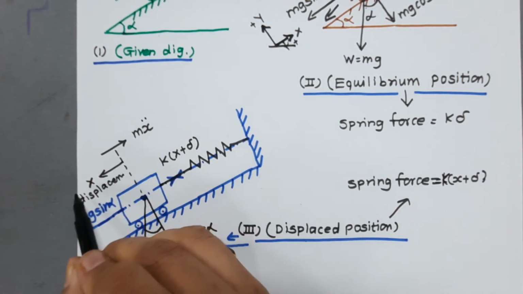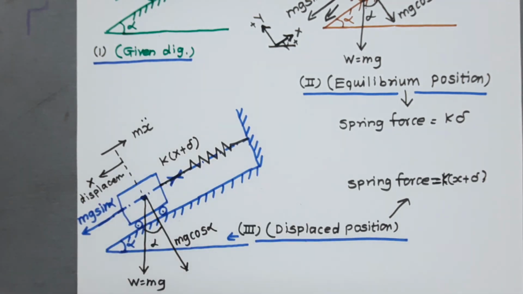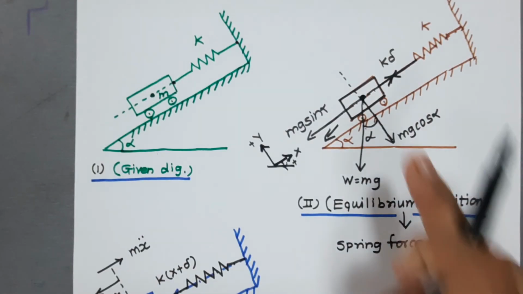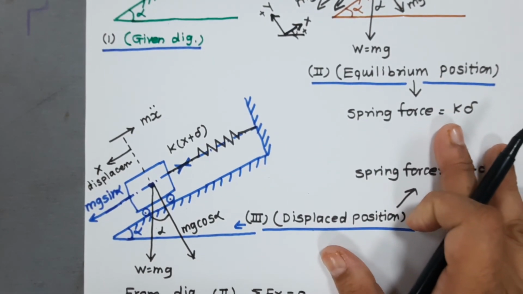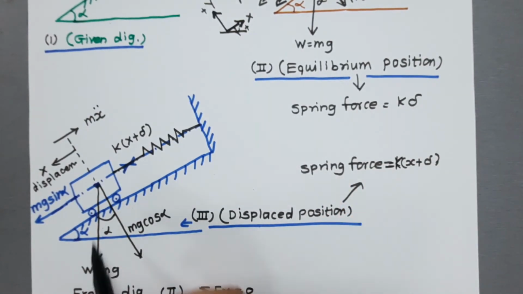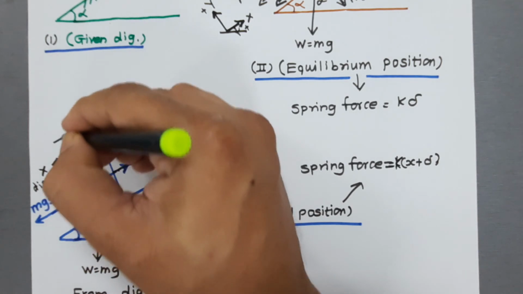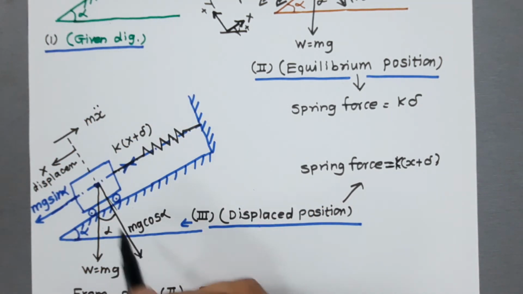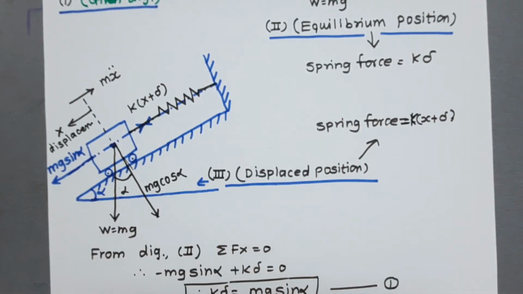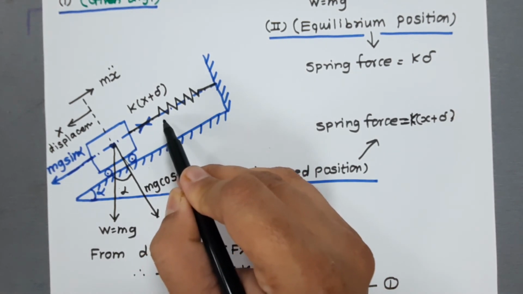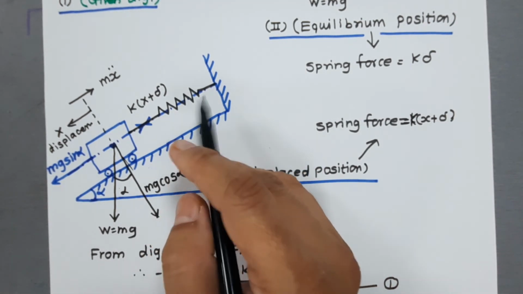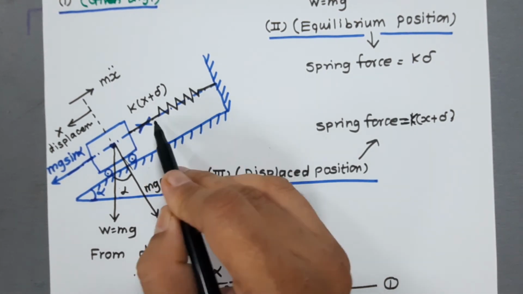As the mass moves in the left hand direction, the inertia force acts in the opposite direction, that is m x double dot. Here again I have reproduced this portion of the diagram. Here again the weight acts at the center of gravity, W equal to mg. Again one vector is drawn here, so it makes mg cos alpha, and on the down left hand side it is mg sin alpha. But dear friends, here there is a displacement. Initially there was only deflection delta, so the spring force was only k delta, but here, as the mass moves in the left hand direction by an amount x, the total deflection gives a spring force of k into x plus delta. This is the spring force.